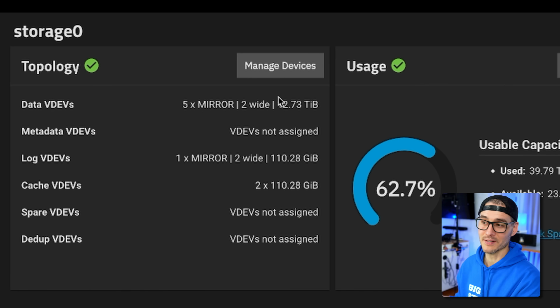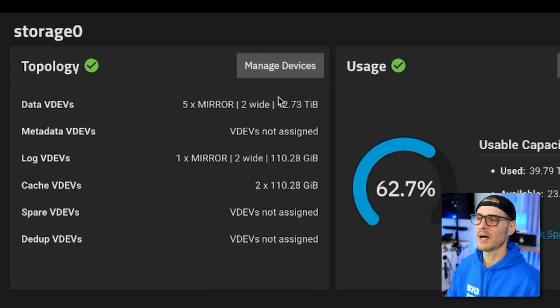Kind of committed to this because I don't have a really good way to move that data off to something else. I don't have 40 terabytes somewhere where I could move this off and then change my layout and move it back on. So I'm kind of stuck with it for a little bit. But there might be something in the future that could change to where I can do that.